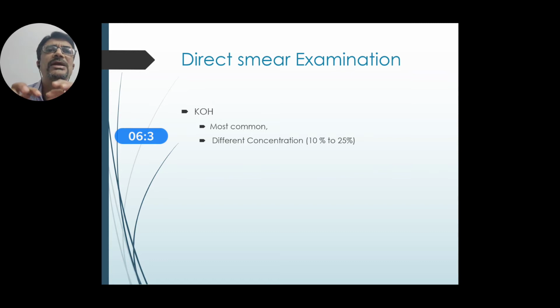So when there is a skin cell or the nail or the hair, KOH would dissolve that, and fungal filaments would be easily visible when you are treating it with KOH. So you take, for example, a skin scraping, you add a drop of KOH, allow the KOH to work for some time, and then you observe it in the microscope.